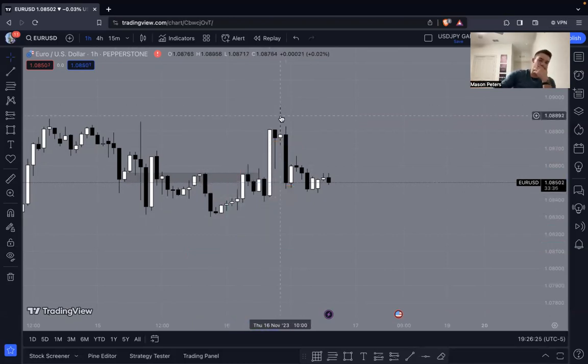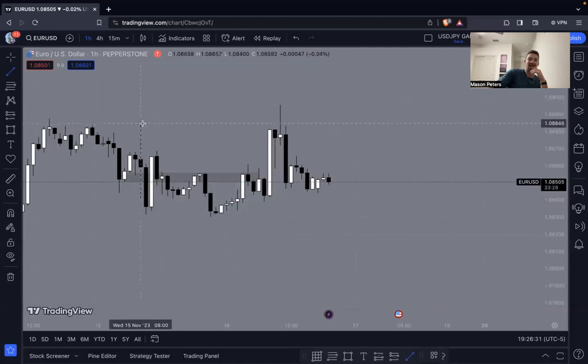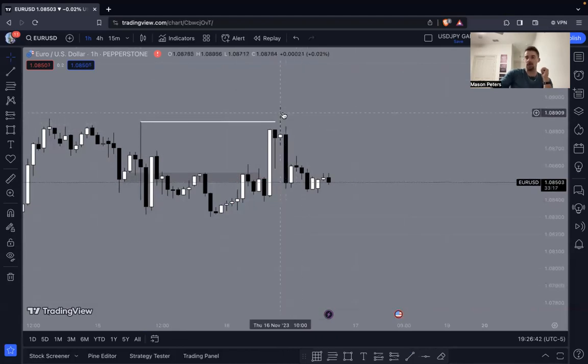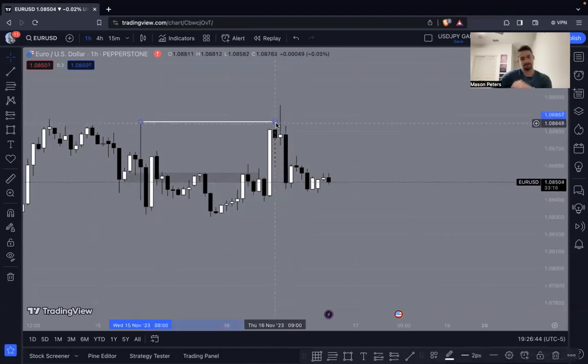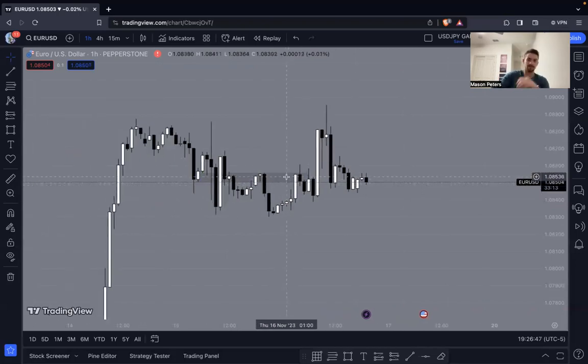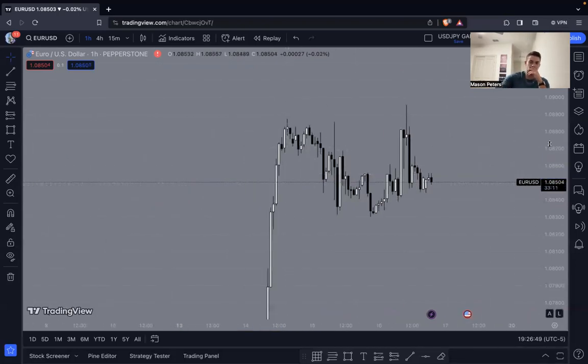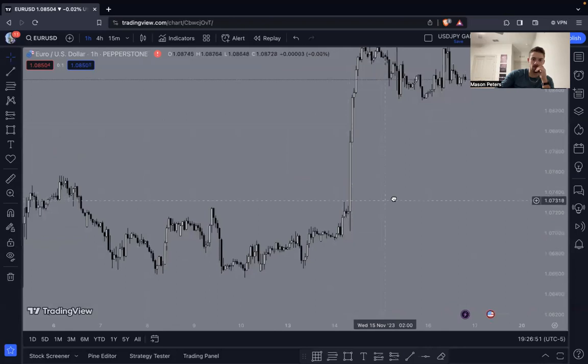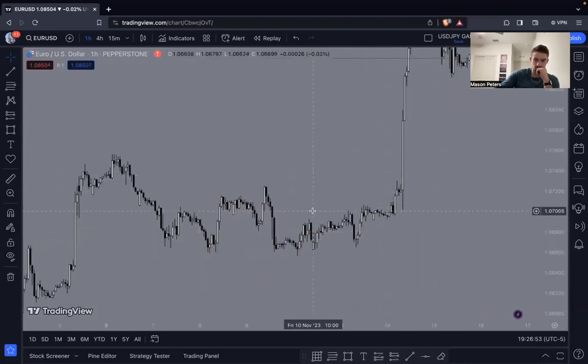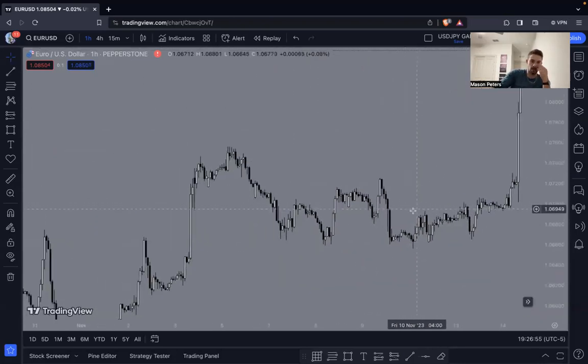You know what's even crazier too? Is this wick right here. This wick right here took out this wick right here, because there was still leftover selling. There were still leftover orders from that wick that got taken out on this wick. Unbelievable. All right, let's continue a little bit more. And then we'll be done. We'll move on.